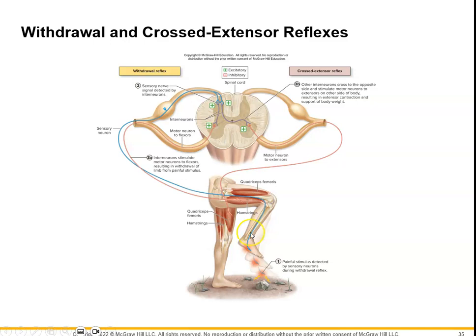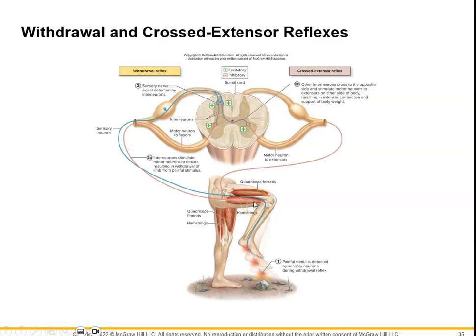Okay? So right here, we've got a sensory neuron detecting that painful stimulus, firing a nerve impulse in through the sensory root of the spinal nerve. And then we got a bunch of stuff going on here. All right, let's see what's happening. So if we follow the pathway, let's go right here first. The interneuron excites the motor neuron out to the flexors. Now, these flexors are coming out, and when they contract, it pulls your foot and leg away from that painful